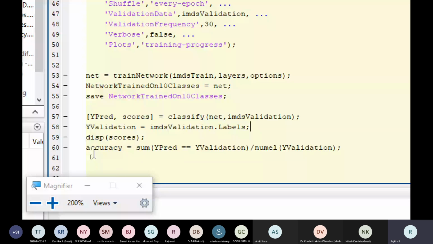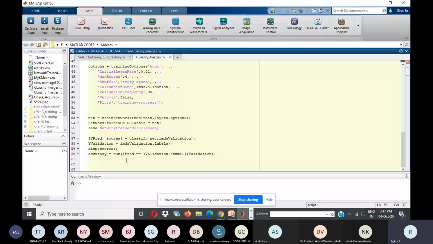Okay, confusion matrices. I'm not running these codes right now because it will take much time, and it cannot be completed within this 1 hour, because my system configuration is very low, so it cannot show the results immediately. It will take around 1 hour to complete, because you have many layers here.